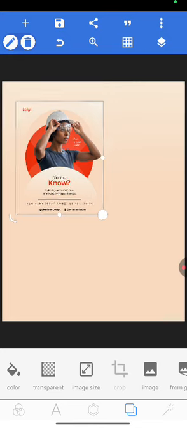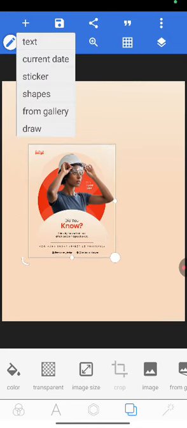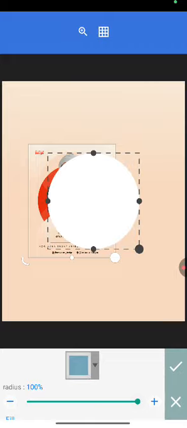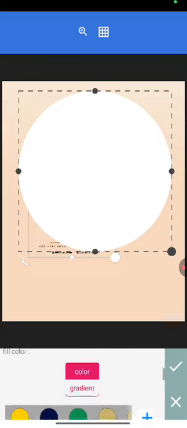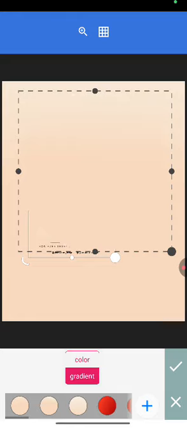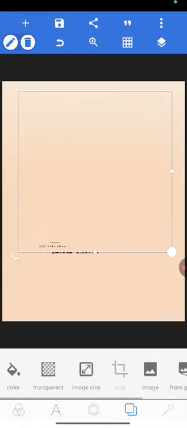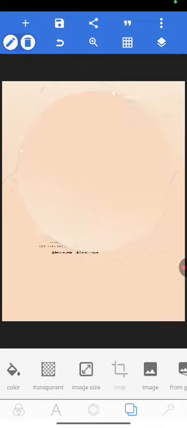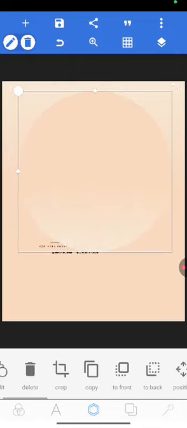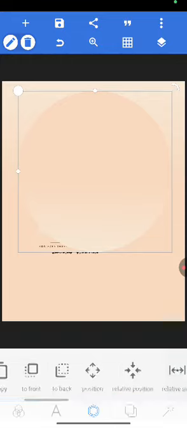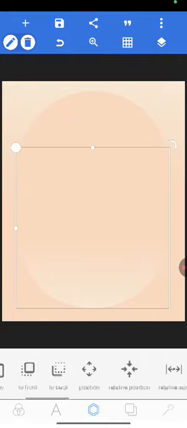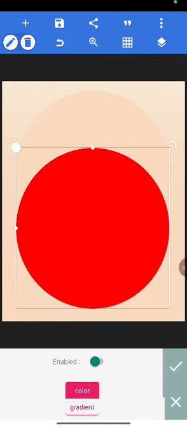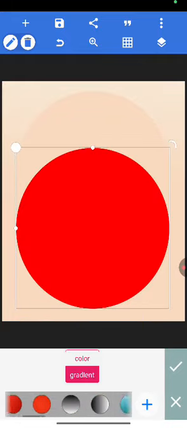Then the next thing is we're gonna bring in shape circle. Let's place it this way, and the color we'll use that same gradient, but what we'll do now is we'll rotate it, bring this other side up, and you have it this way. You copy it. Then this second one, you're gonna give it a gradient color, and